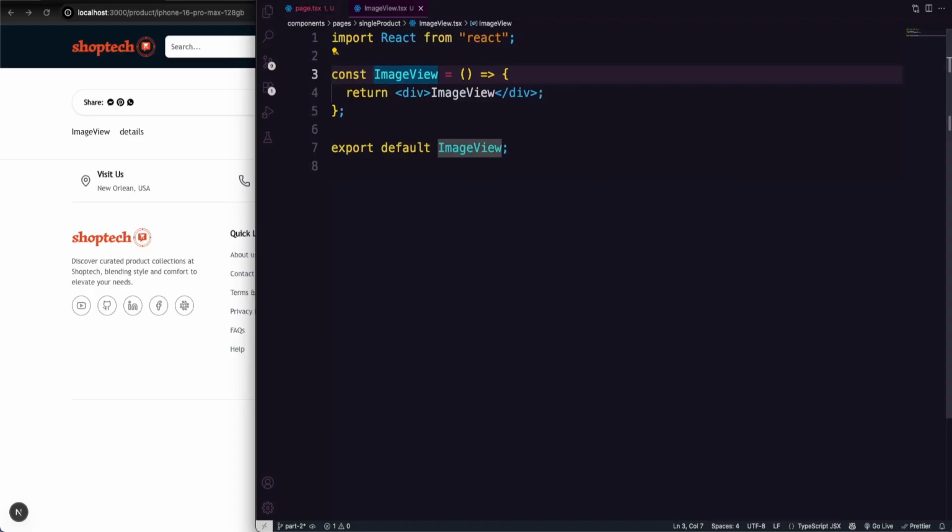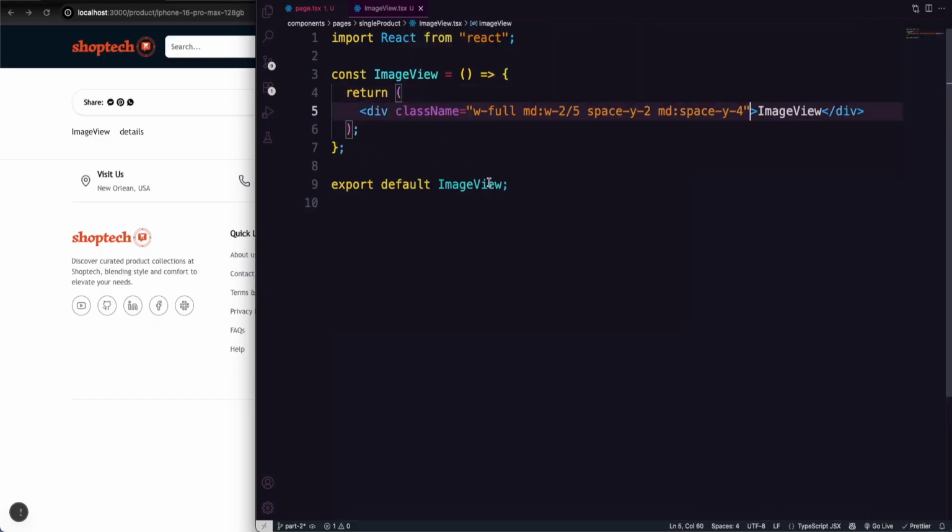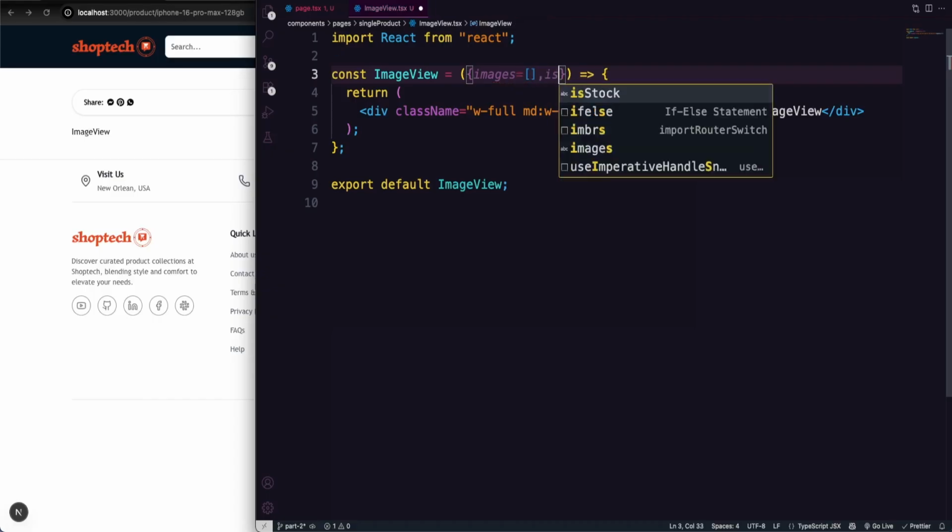So let's go to the image view, and over here we're going to simply pass that value, which will provide everything in a good fashion. So MD 2x5. Now over here, we need to grab whatever properties we are bringing in. So first of all, it's going to come as images, and by default the images should be an empty array. Whenever it's coming, it would be there. So isStock,